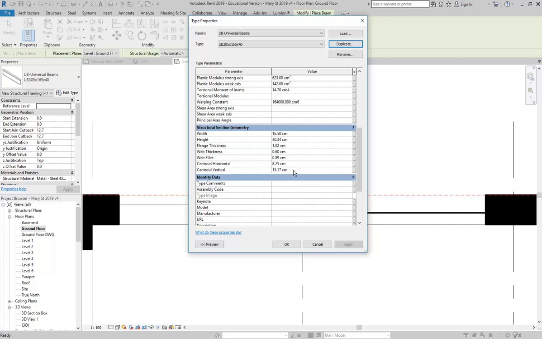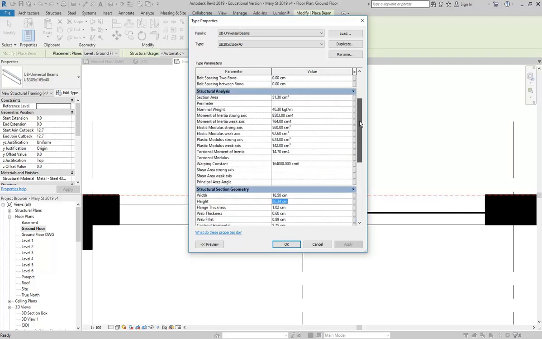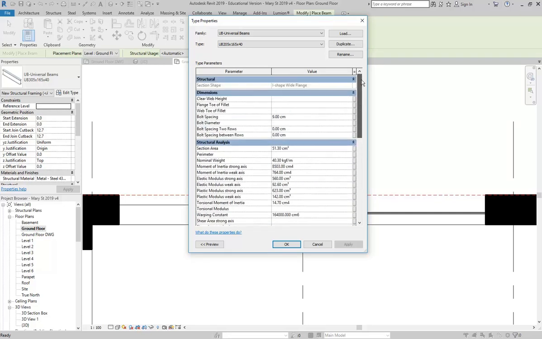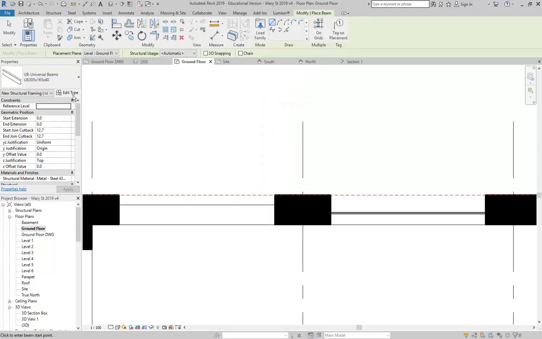Engineers love doing things in centimetres. Well, not in Australia, but somewhere else they obviously do. So there you can see 16, that's not right. Oh, that's the structural section. Oh, this is a terrible beam actually. So, look, we could make this one work, but because of the way it's set up, I'm going to load